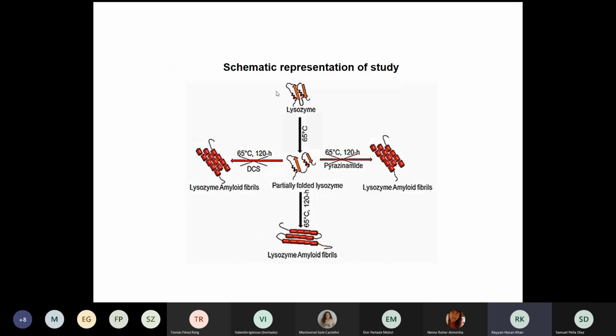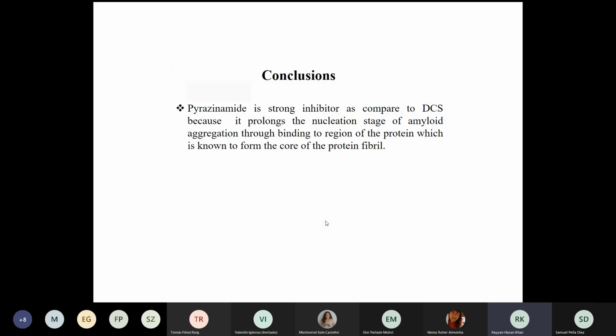This is the overall scheme that is being shown. We have taken lysozyme, which is being incubated at 65 degrees centigrade for different times, up to 120 hours. In the presence of D-cycloserine and pyrazinamide, amyloid fibril formation is inhibited, while if you incubate it for 120 hours at 65 degrees centigrade, it leads to the formation of amyloid. Pyrazinamide is a stronger inhibitor as compared to D-cycloserine because it prolongs the nucleation stage